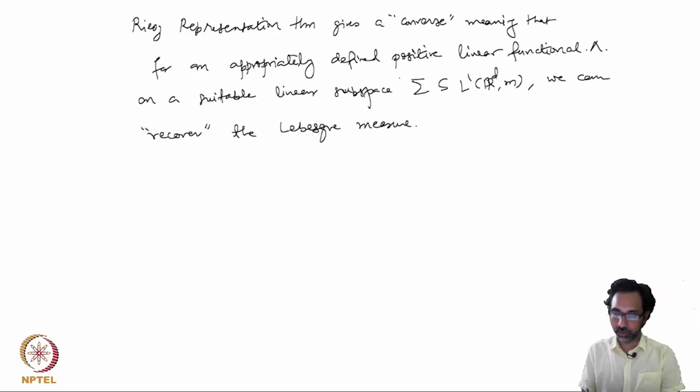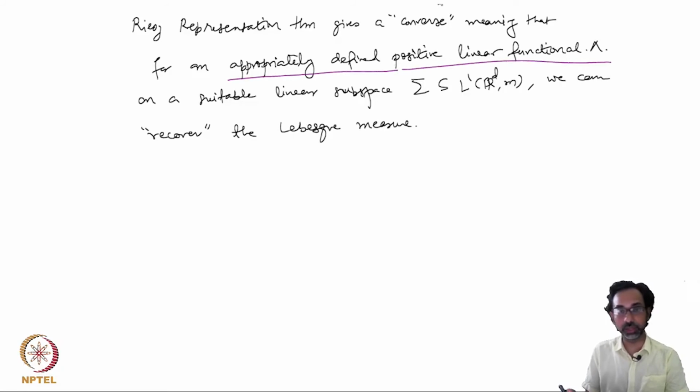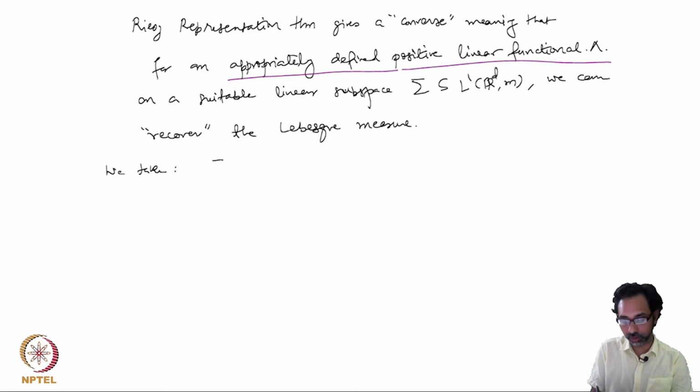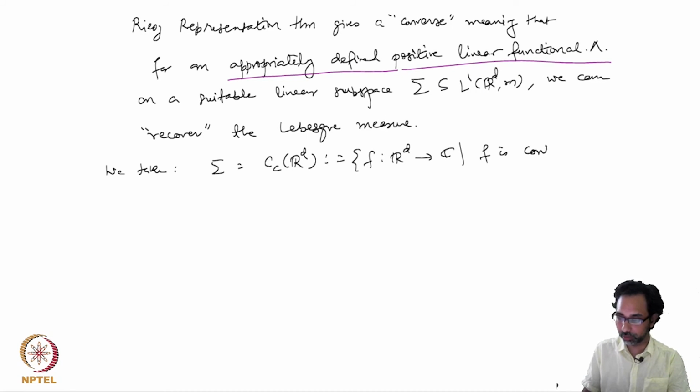So in our case, the appropriately defined positive linear functional lambda will in fact be the Riemann integration functional, and sigma, we take sigma to be the space of continuous compactly supported functions on Rd. So these are functions from Rd to C such that f is continuous with compact support,